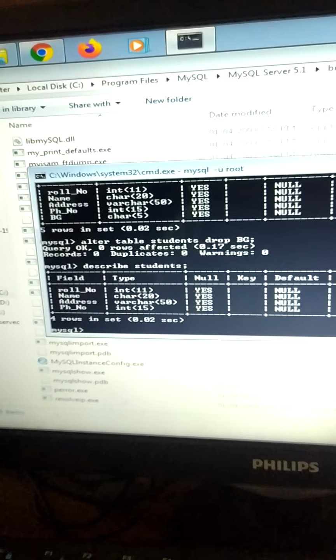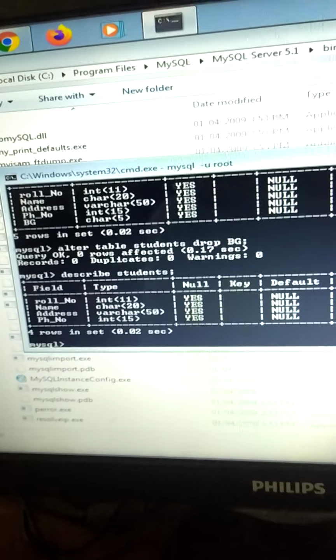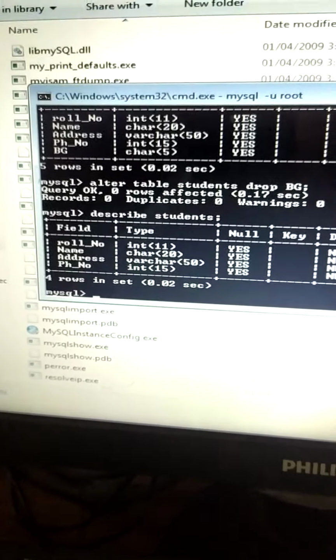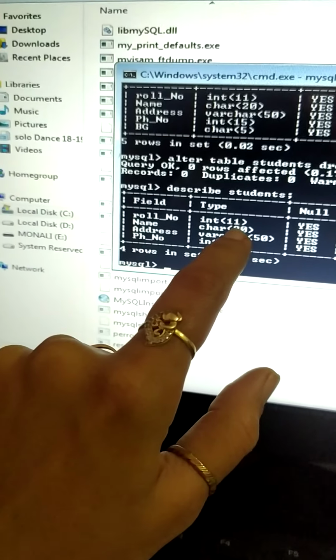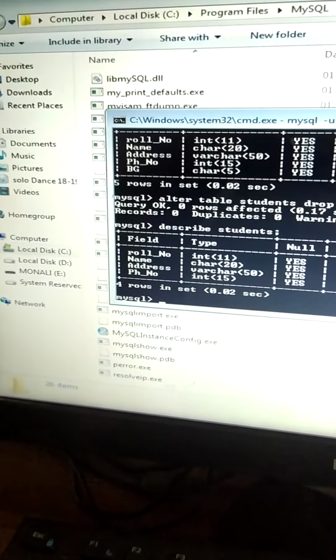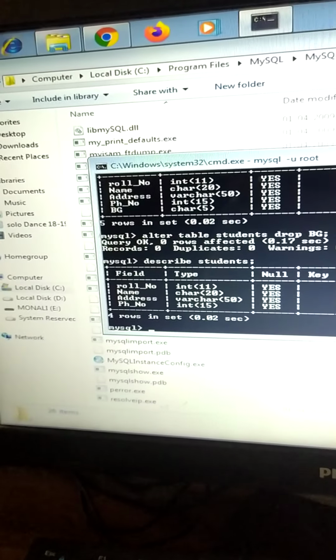Now suppose you want to change some data type. As I told you, I want to change it for roll number. I want to make it this size, I want to make it 2 suppose. That is, I want to change the data type. So how will I do that?